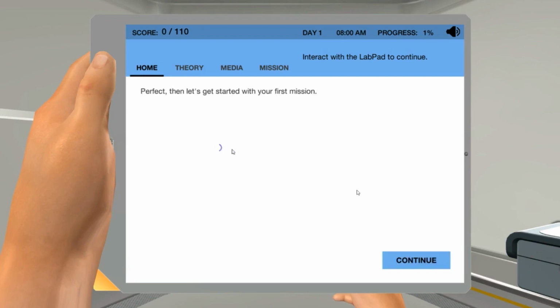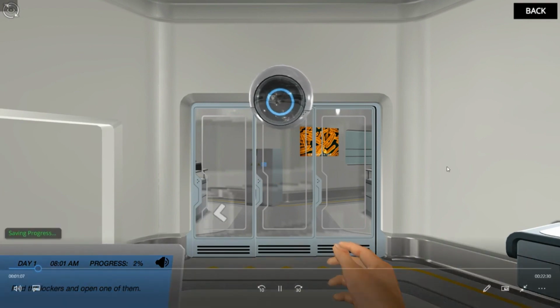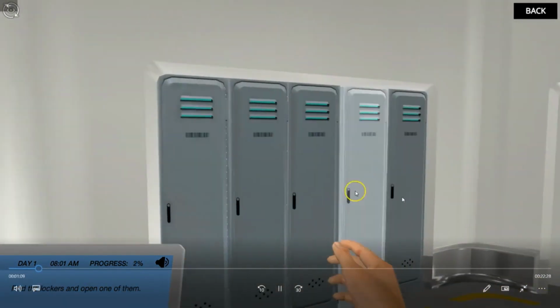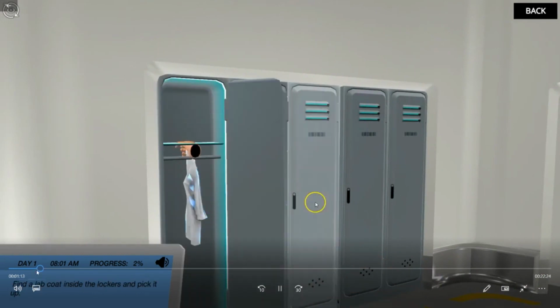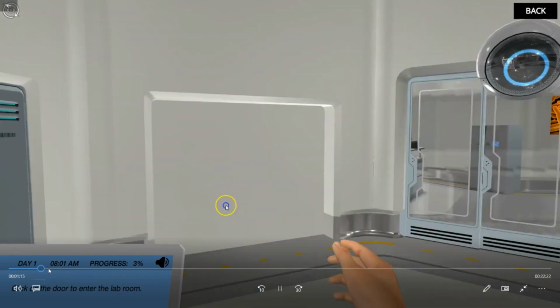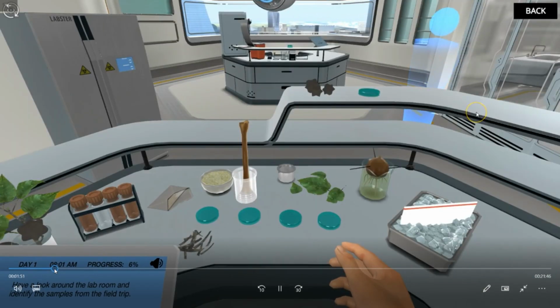In the bacterial quantification by culture simulation, your students get to experience what it's like to work in a real lab. First, they're prepped for the lab. They have to put on a lab coat, and once they're ready, they get to enter the lab and start experimenting. They're given a mission, which is that their virtual colleague has just returned from an expedition to the Amazon